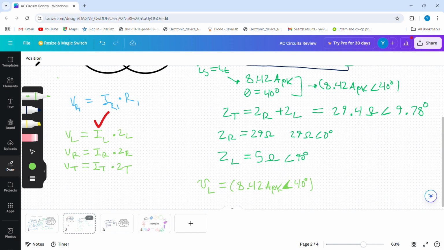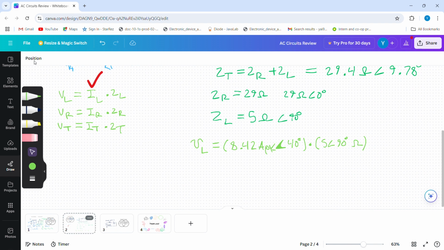We are multiplying this by the impedance of the inductor, which is going to be 5 angle 90 degrees, and this is ohms. The answer we will get from this calculation is going to be 42.1 volts peak, and its angle